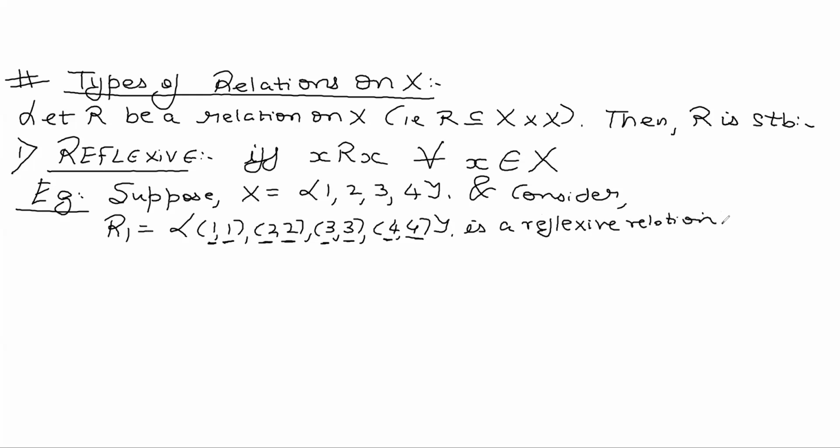Why? Because every element of the set X is related to itself. By the way, guys, if I say consider a relation R on X, then what will R be? R will be a subset of X cross X. That means in this case, any relation, in this example,